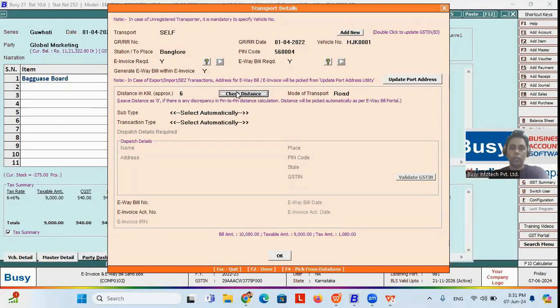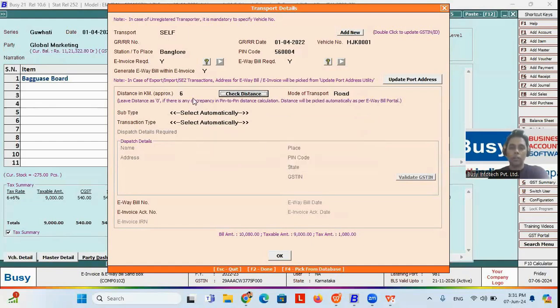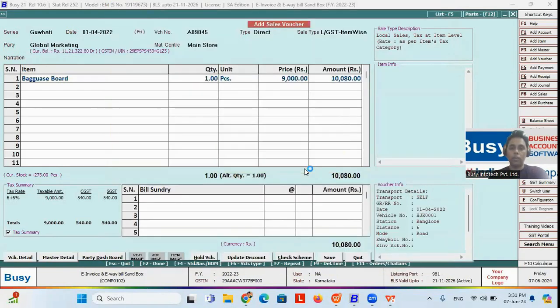If you click on this Check Distance, it will give you an option to get the distance directly from the material center or get the distance as per your company's configuration. If I click on this, then my distance will get calculated automatically on the basis of the PIN code. Now, if I click on the Save button,